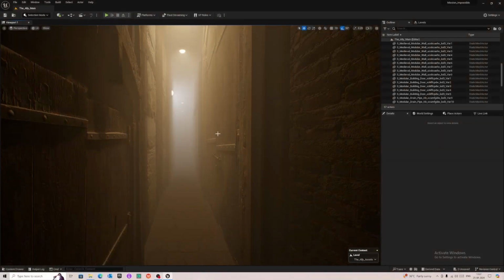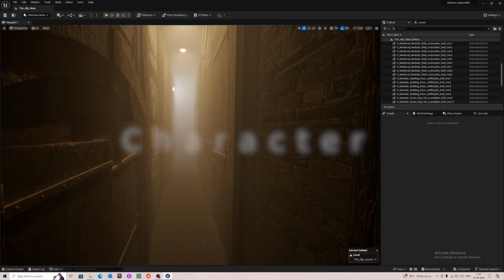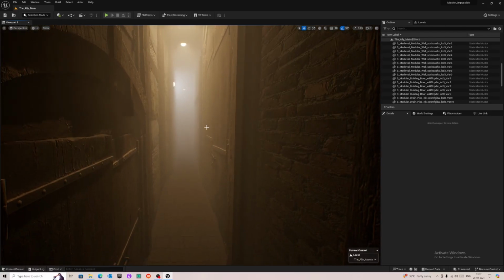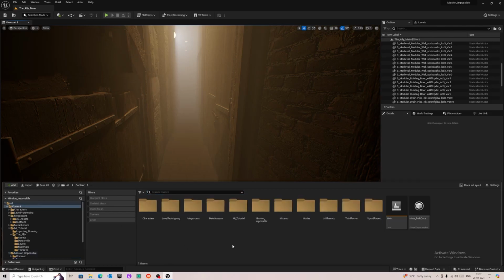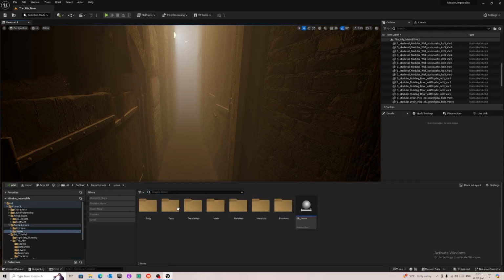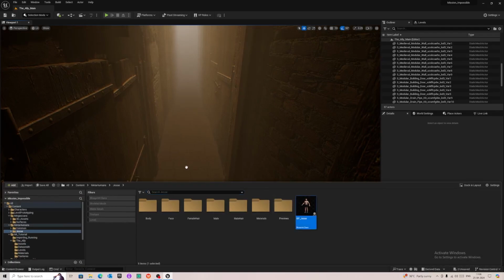Okay, so I am back and now we will start working on the character. First we will take a Metahuman. I think it is pretty easy to bring a Metahuman inside Unreal Engine, so that's what I'll do first. I have already imported a Metahuman, so I'll just use that, drag and drop and